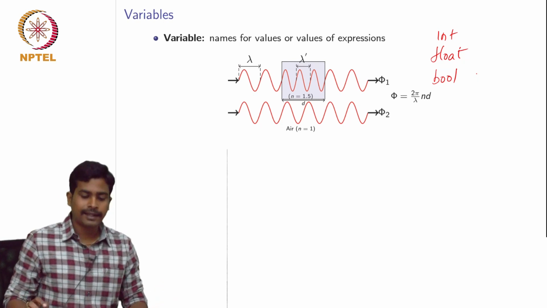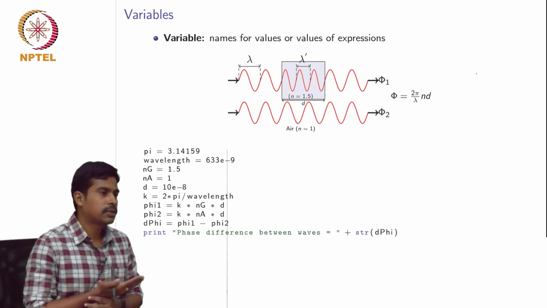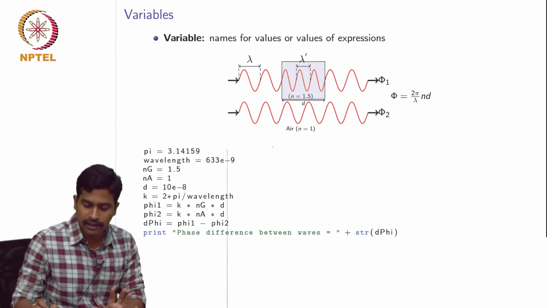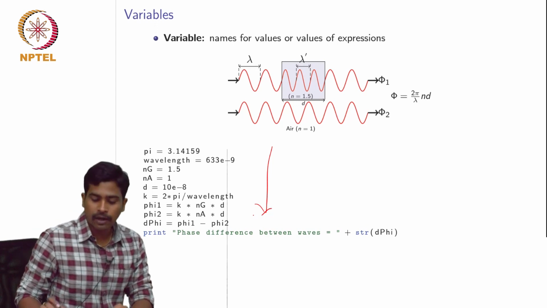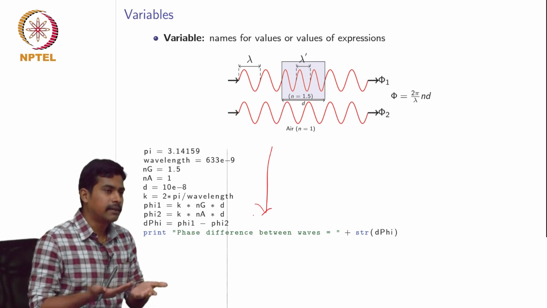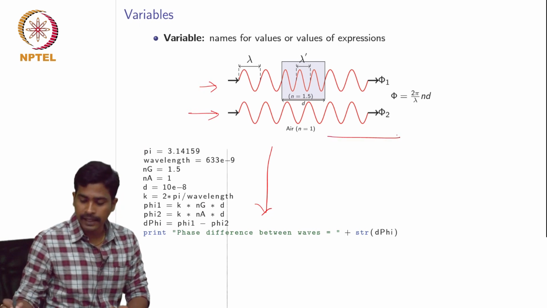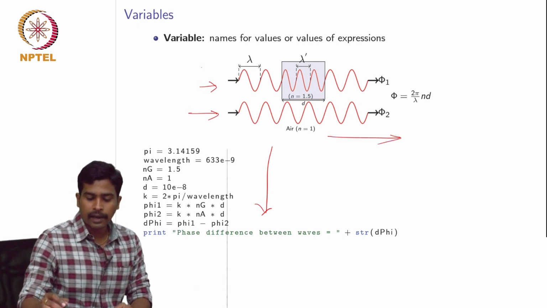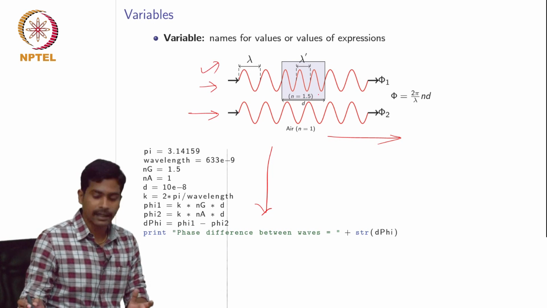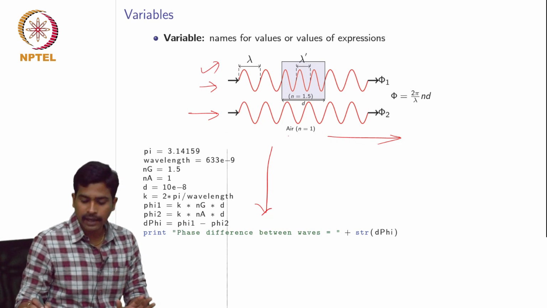To demonstrate how we use variables in Python, I want to introduce a simple program. Don't worry about what I have done in this program, I will explain. What we are trying to model in this example is what happens when light travels in a medium. We all know these are 2 light waves traveling in this direction, and the upper light is traveling in a medium with a refractive index of 1.5. So we can say this is a glass material. On the other hand, the lower light is traveling in an air medium, and the refractive index is 1.